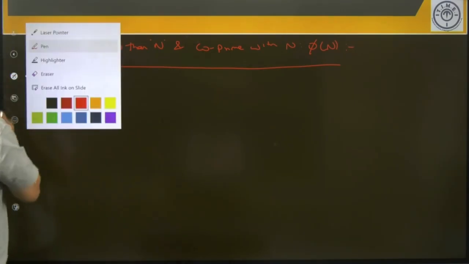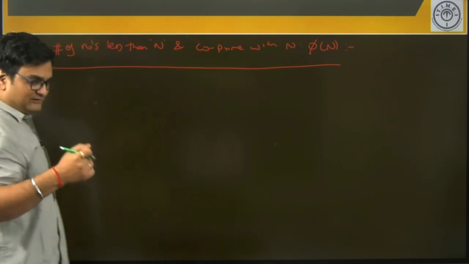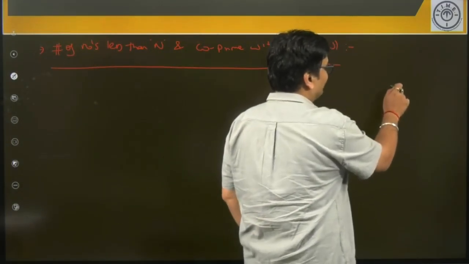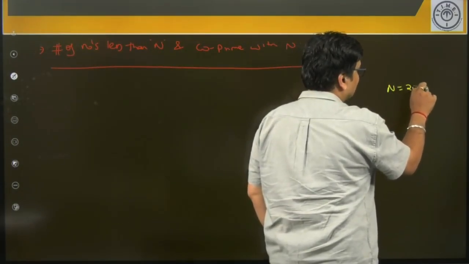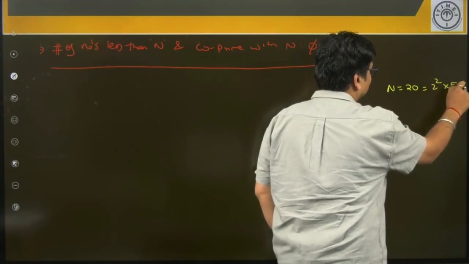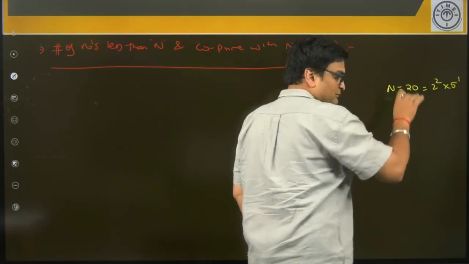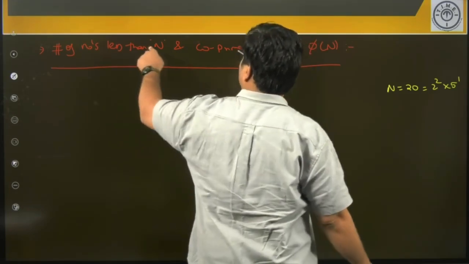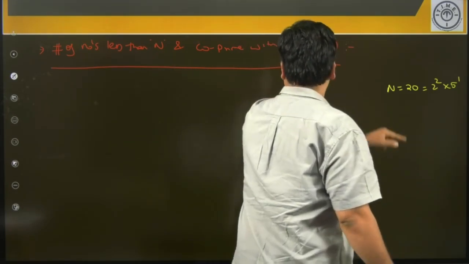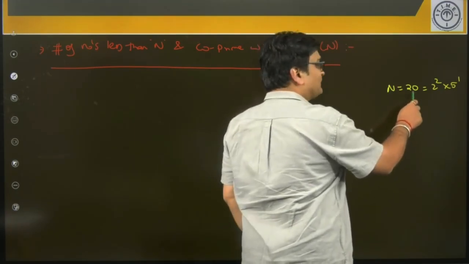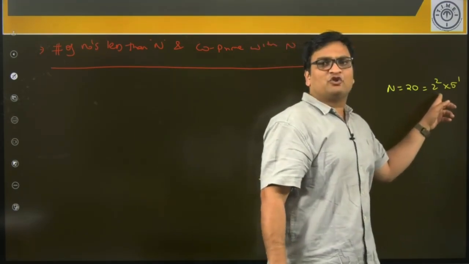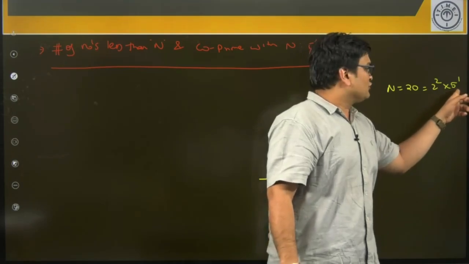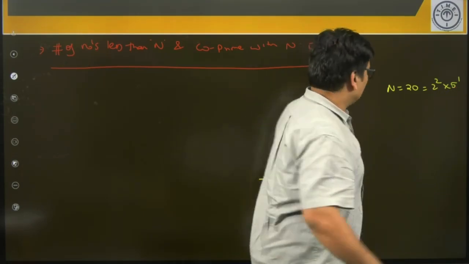So, to understand this using a small example, say if I take the value of n as 20, it is 2 square into 5 power 1. Now, below 20, how many numbers are there, that is, the number of numbers less than 20 and also coprime with 20? Now, if a number has to be coprime with 20, that number should not be a multiple of 2, and should not be a multiple of 5 also. So, that means